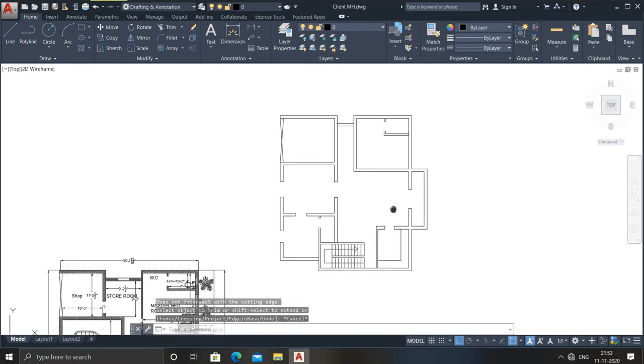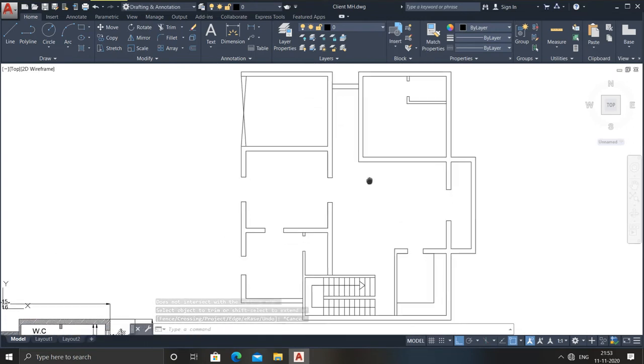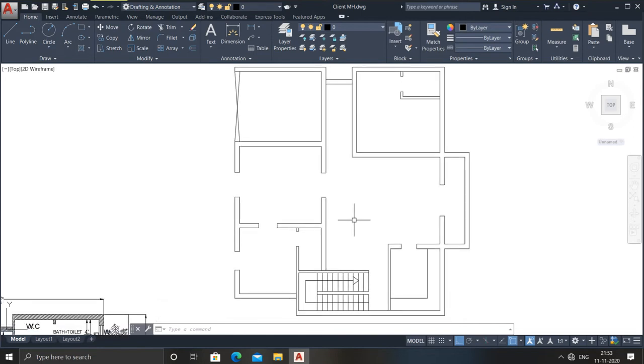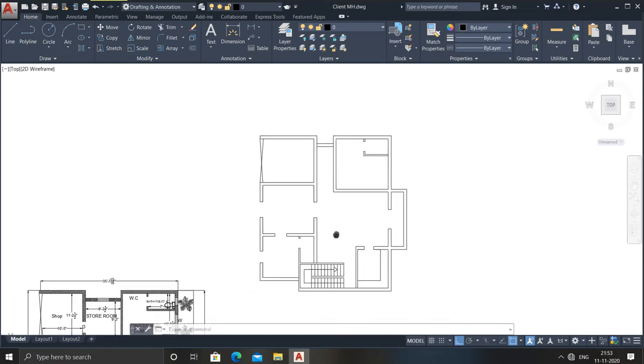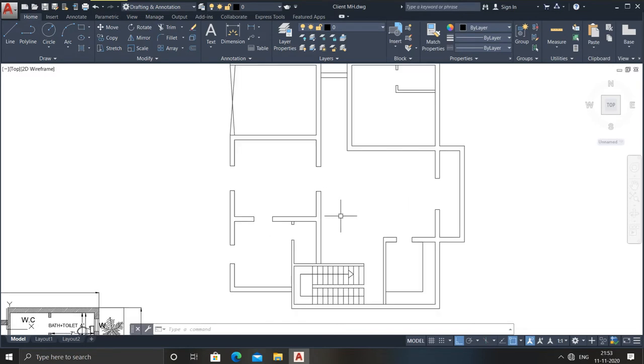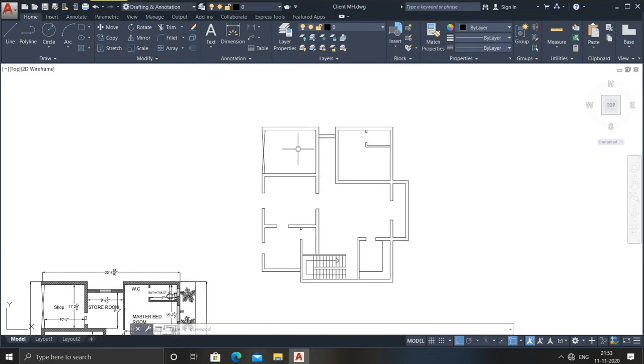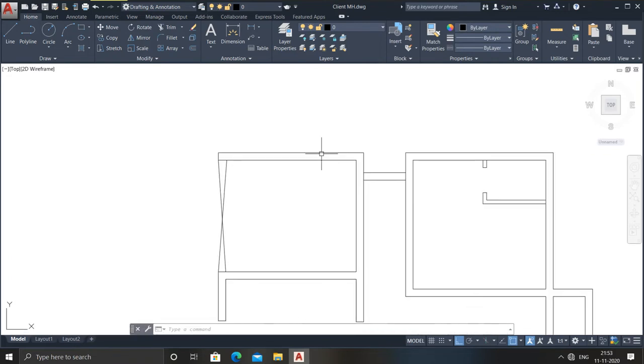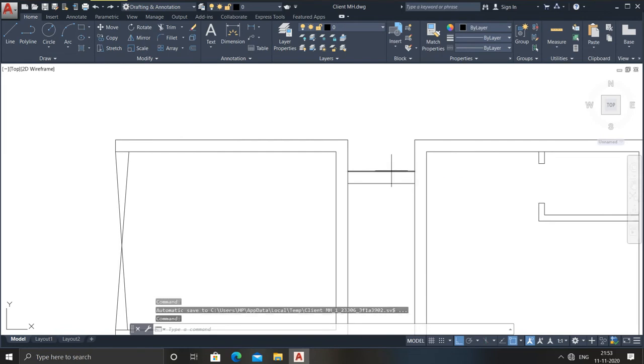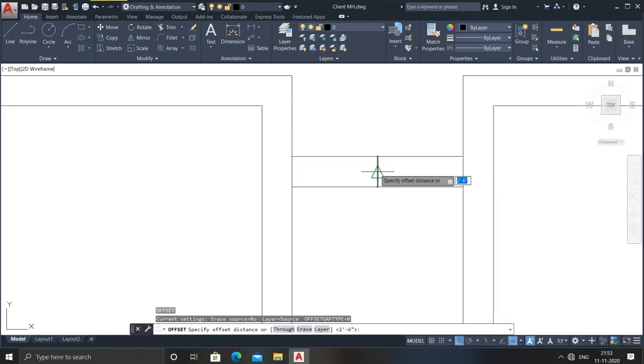So if you really want to draw a very attractive plan for your clients, your clients should always see your plan as attractive. So now what I need to do is provide some windows. So you can see I cannot provide the window here, here also, but I can provide my window. Go for line command, go for offset, go for offset of 1.5 feet.